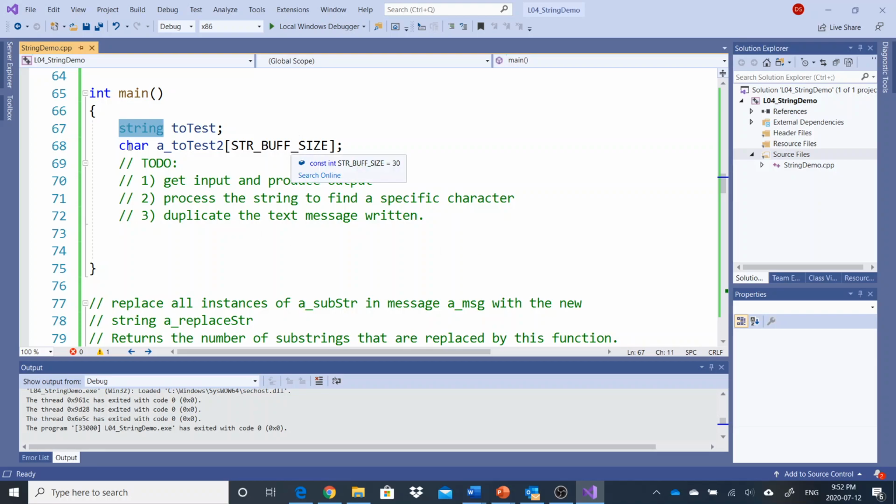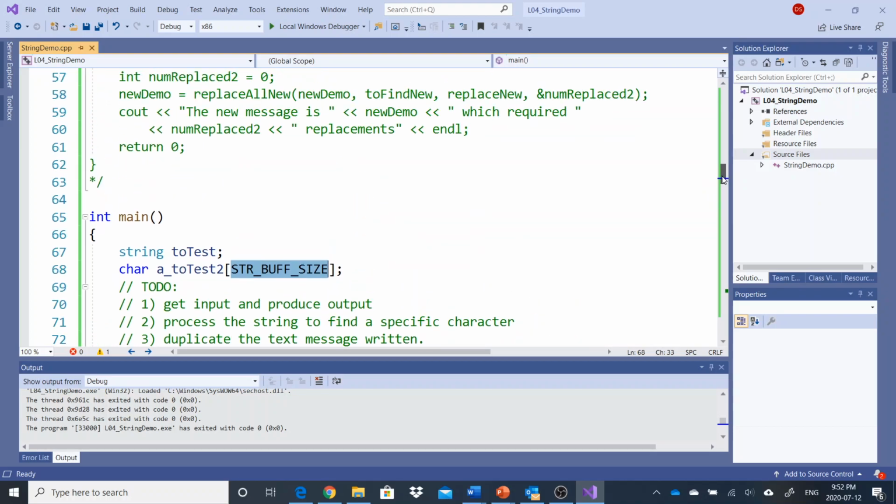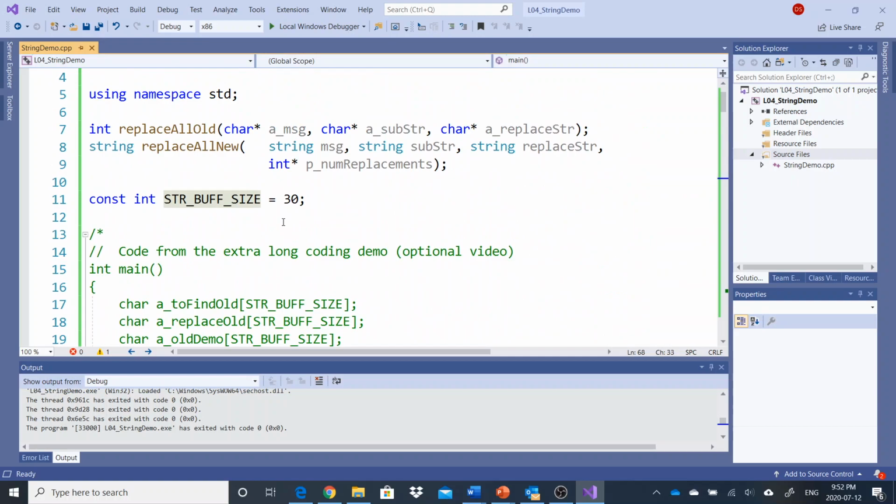Now, you'll notice this is just a character array. A2test2 is a character array, and it has its size, string buffer size, that's actually defined way up here as a constant. Why didn't I just put the number 30 in? Well, you'll see other examples or other times when I needed it, but I might not want to just put the number 30 in here because later on, if I want to make this 45 and I have 10 different things all using the number 30,